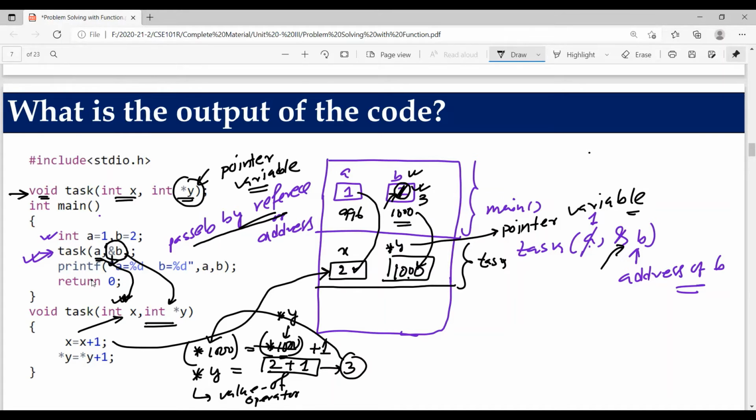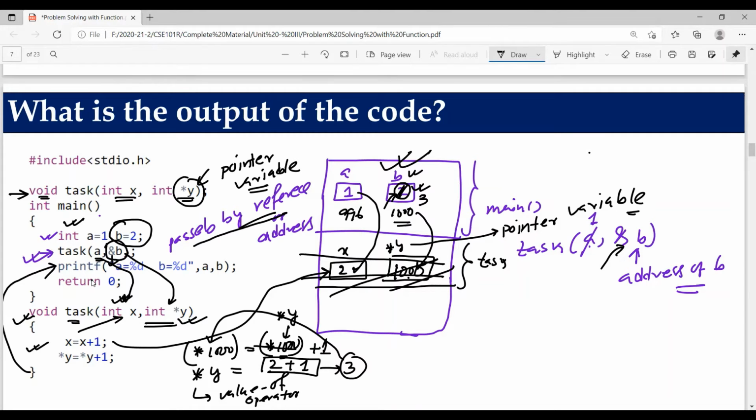Now see, earlier we found that inside the function task, we cannot access anything from the main method, outside of the block. Now we are accessing that particular variable b through its address, not its name. So here the pointer makes it possible to access a local variable of main from the function task using its address. Now if I go back to the main method from that line, the memory block reserved for task will be erased. So now what is left? We have the memory block belonging to main only.